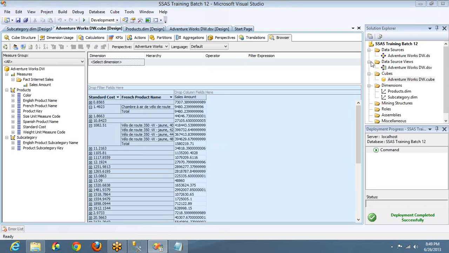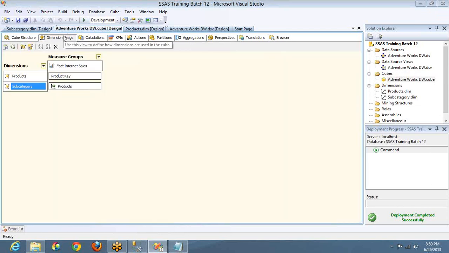Okay, we discussed how to create dimensions, how to create cubes, and we have not discussed how to give the relationship between these two. In tomorrow's session we will discuss all this, because it needs one dedicated session to discuss the relationship. In this session, we have 10 more minutes to close.